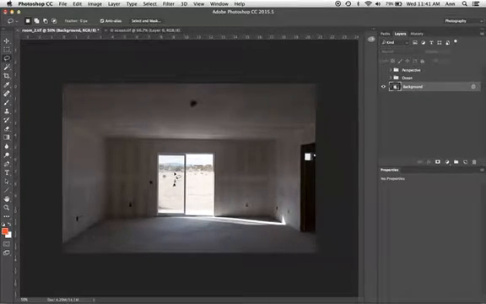For now, what I'm going to do is I actually want to be able to see the areas that shouldn't have ocean on them. I'm going to do L for lasso tool, and you want the polygon one. I'm going to make my selection. Yours should be a little bit better than mine. After I do that first one, up at the top of the toolbar, I want to make sure that I'm on Add to Selection. And I'm going to go Shift L to get to the freestyle one.